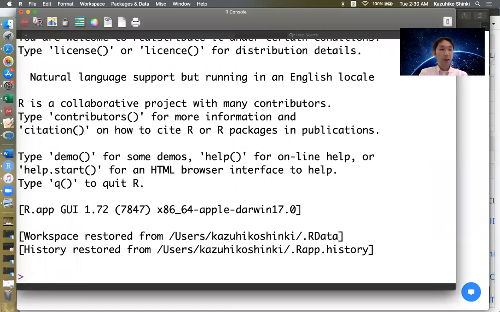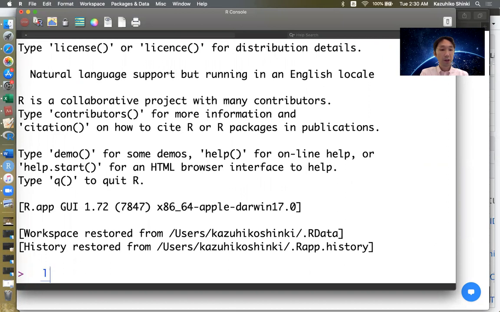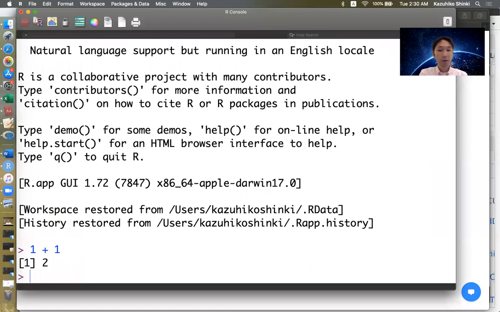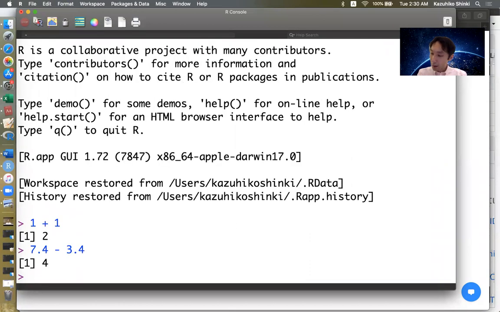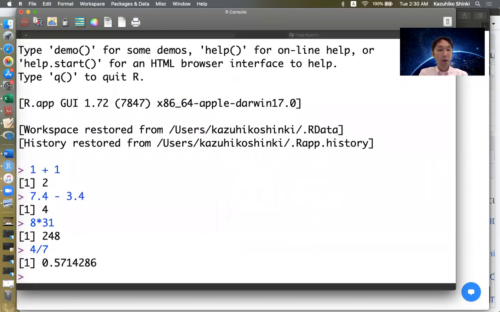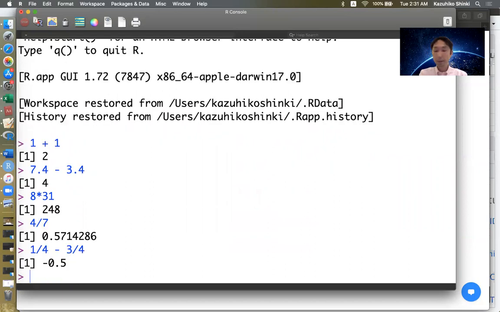Okay, so the first basic operations can be done just as usual calculator, 1 + 1, addition or subtraction, division or multiplication and division, and also some combination such as 1/4 minus maybe 3/4. And some other things such as the